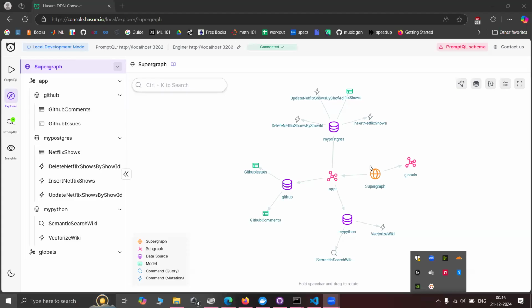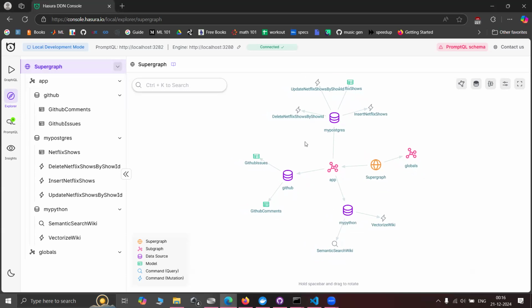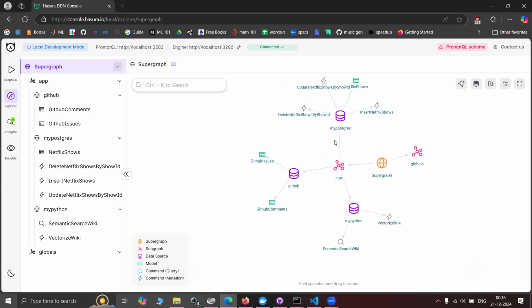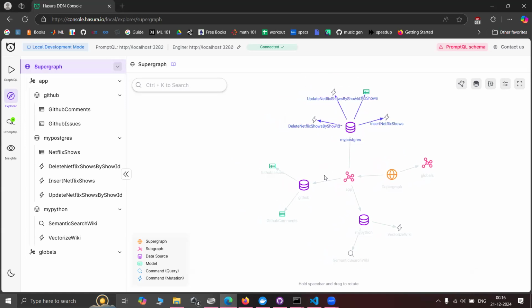This is my showcase of my PromptQL app. So here we can see the supergraph. The supergraph contains the three main data sources for this project. The structured data here. So the use case for this is, for example, if you're a company like Netflix and